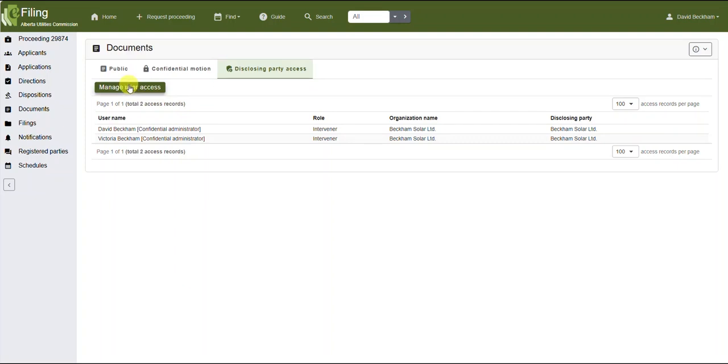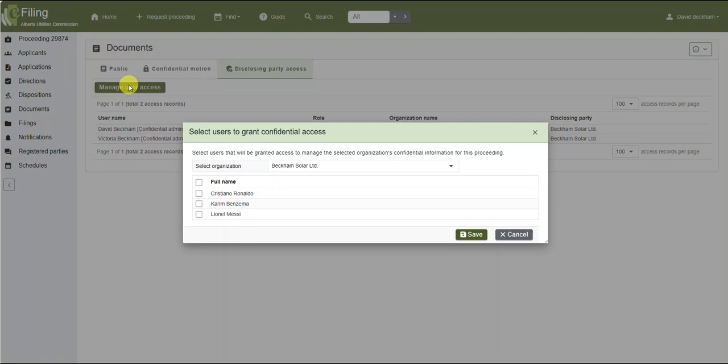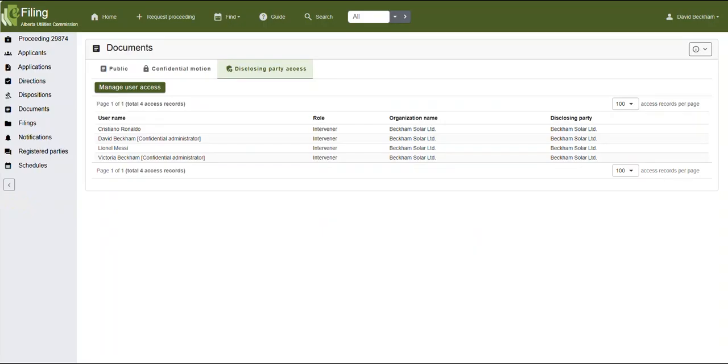So I'm going to select Manage User Access, and I'm going to add Cristiano Ronaldo and Lionel Messi as organizational